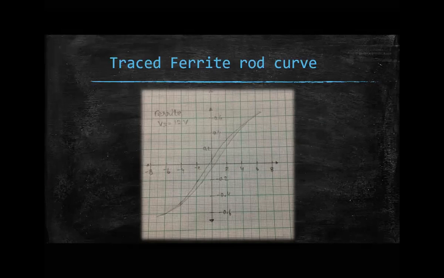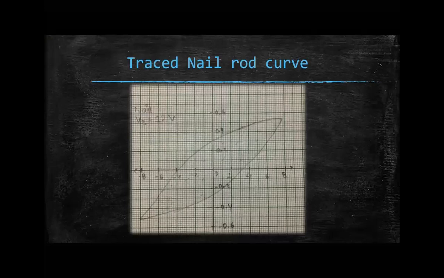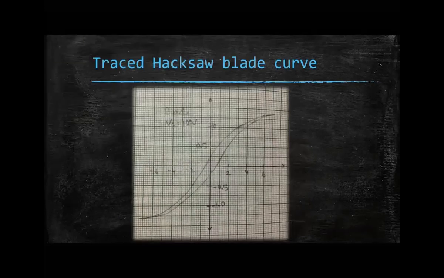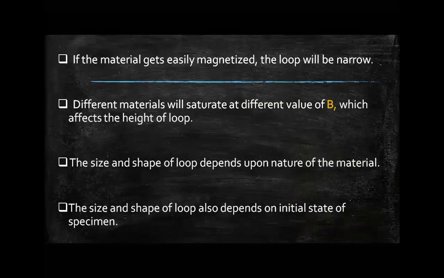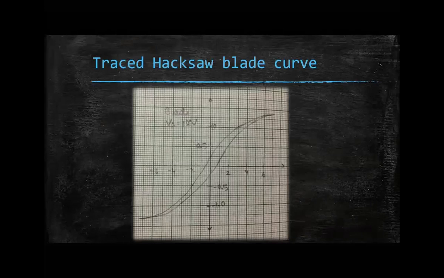See, there are three samples we did, right? One is the ferrite rod, the other one is the nail, which we use for door fittings. The other one is the hacksaw blade. What do you observe? Tell me. The three samples' graphs are here. The first one